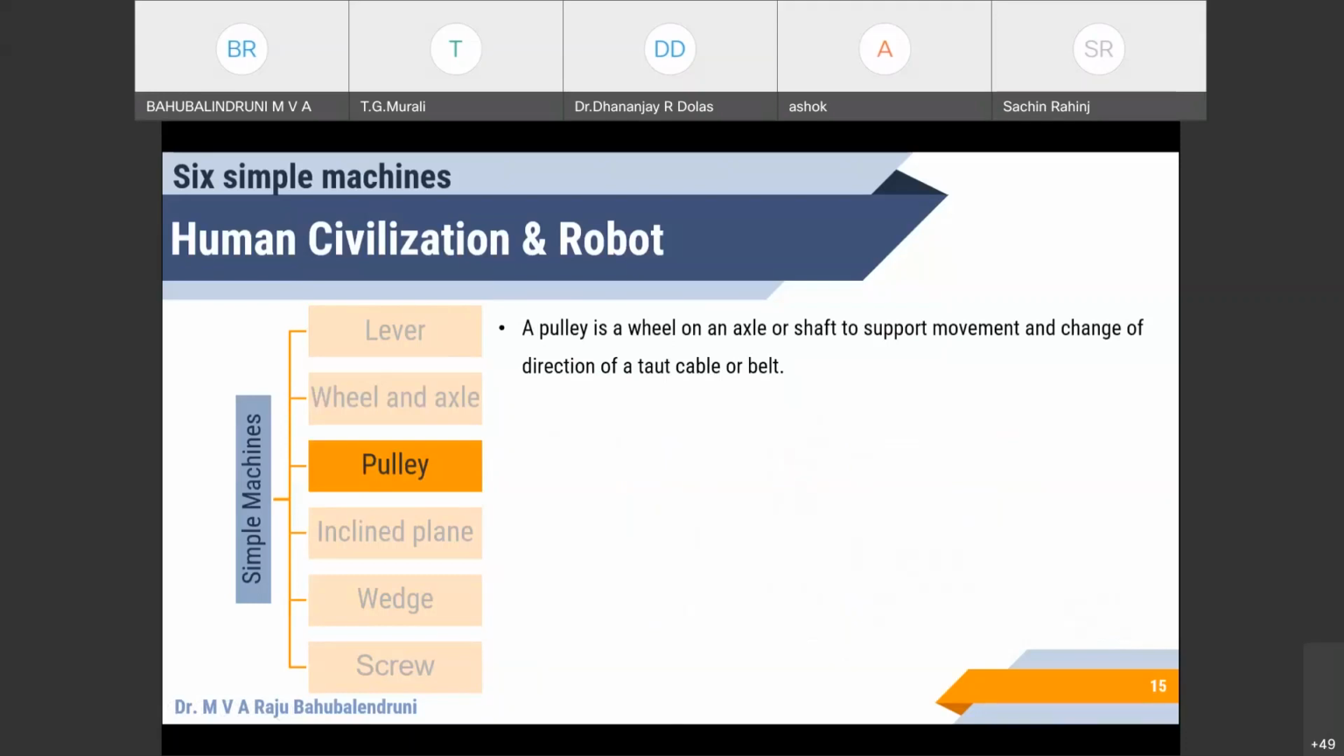A pulley is a wheel on an axle or a shaft to support the movement and change of direction of a taut cable or a belt. Typically the pulley transfers the power to the belt, which is further connected to another pulley. You can see here what is called the block and tackle mechanism, which you can see in ports while picking up heavier loads and placing them, like the heavy containers in ship harbors, you can see the cranes. This block and tackle mechanism is based on the pulley system, where with a small effort, you can lift